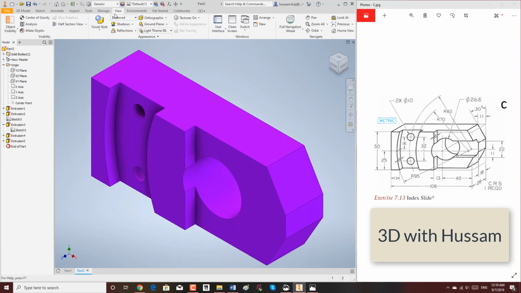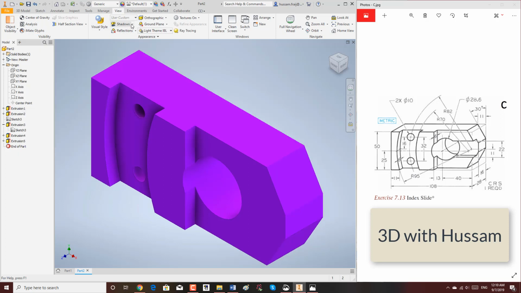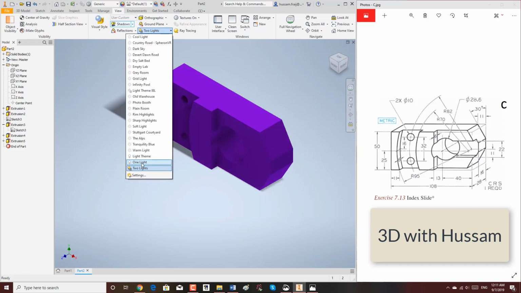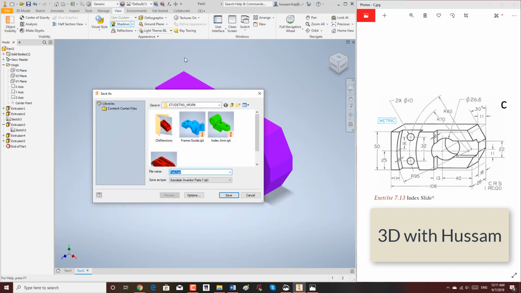I will go to view, make realistic. I will add shade, add light here. I will add 2 lights. I will try 1 light. I will keep the same original light, and I will go save this part,